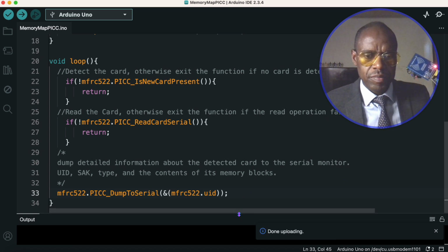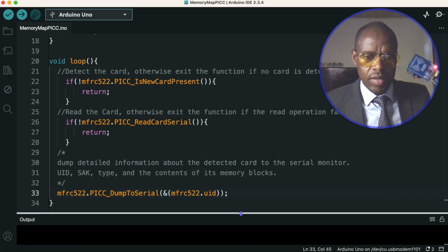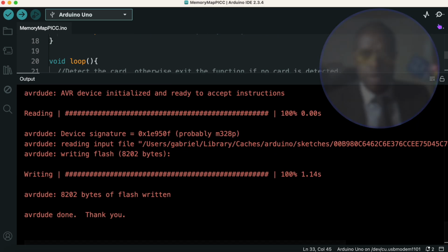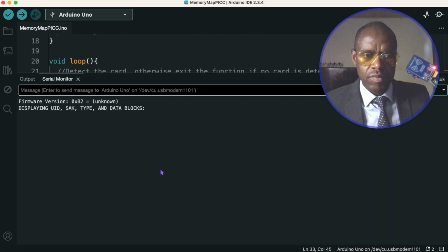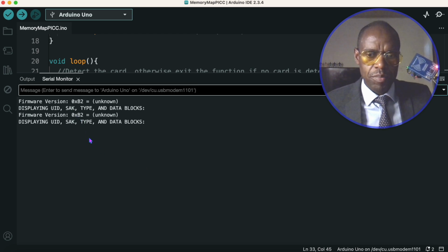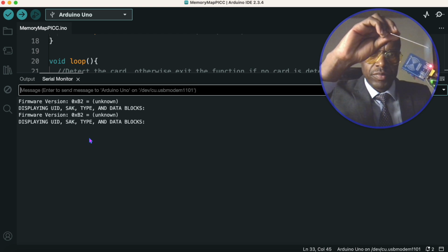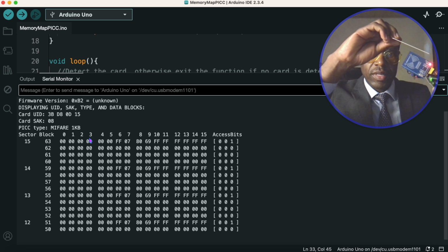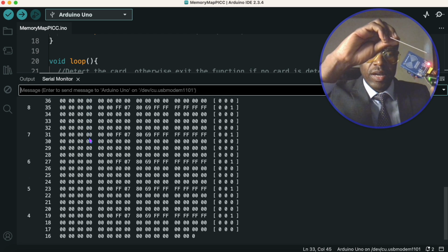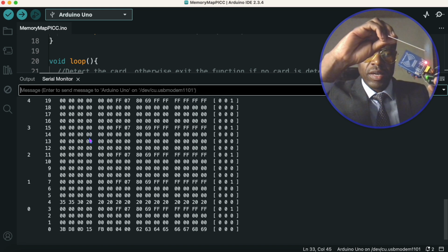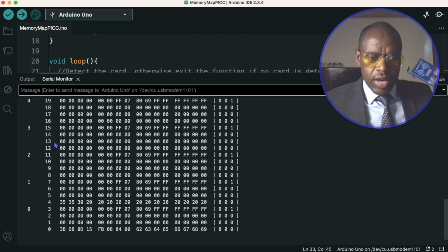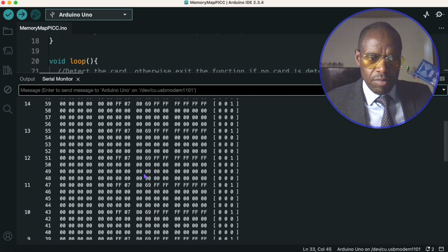Code uploaded, and let's open the serial monitor. This is the firmware. It's in hexadecimal B2, and then when we bring the card to the proximity, the card is read and the information appears. And this is the same or similar information